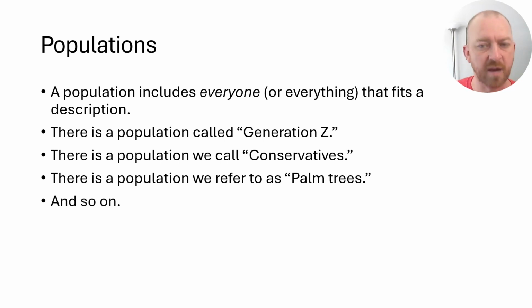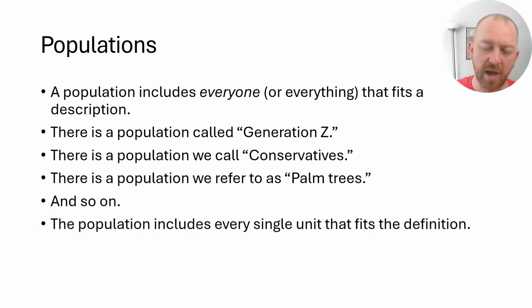There are lots of populations that we could refer to, and lots that would interest researchers for lots of different reasons. For example, they might be interested in Americans, or in juvenile delinquent Americans. They're trying to understand patterns about that population so that they can make sense of it, and then hopefully find patterns that can help the population, help everybody to know things about that population. Once again, the population includes every single unit that would fit a specific definition.